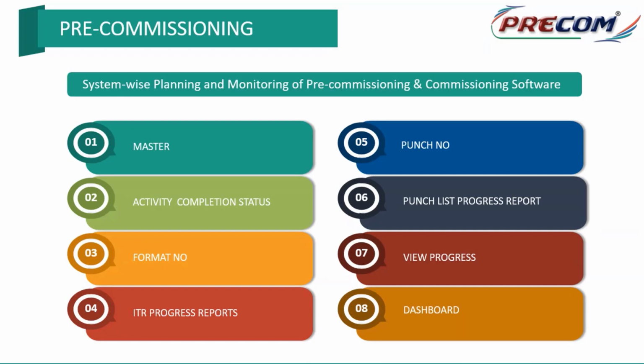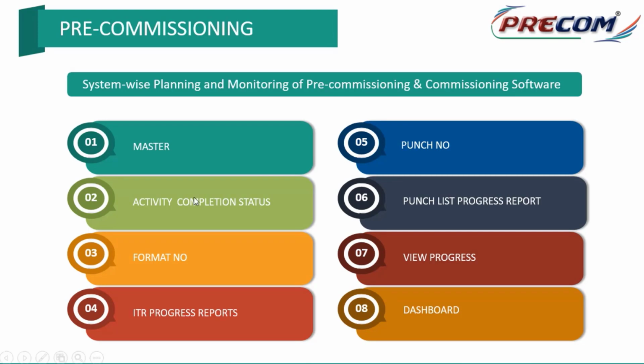And then finally, after completion, there is going to be a walkthrough, and then there will be punch points, like A category and B category punch points, of what we have submitted. Those punch points have to be closed and monitored, and then overall progress at the system level and subsystem level has to be completed. An overall dashboard for a complete overview of system completion has to be viewed. So all these will be part of pre-commissioning.